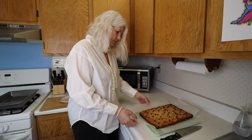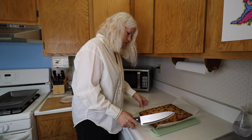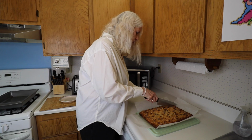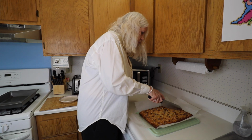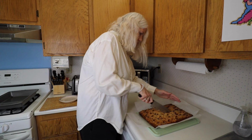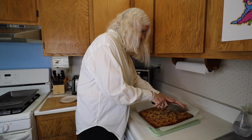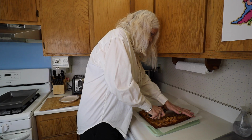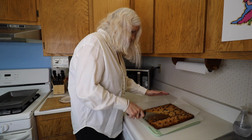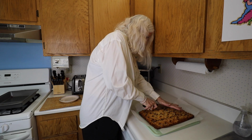And you cut it up. These are a little bit of a richer bar, so smaller pieces are usually better. You can always eat more, but instead of having a really big bar. Those chocolate chips on top are a little soft. Hear how it's crunching. It's crispy, but it's a nice solid cut. It's not like moist and